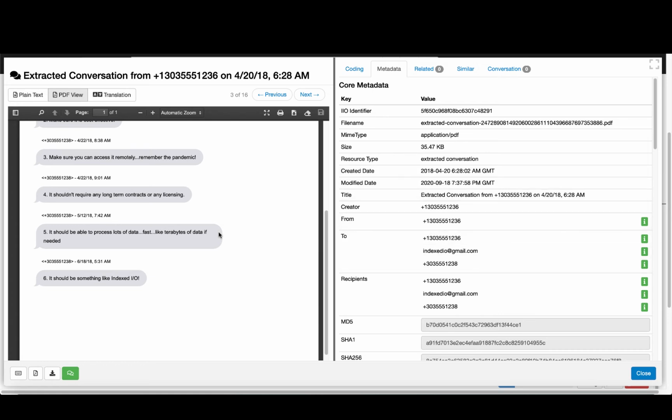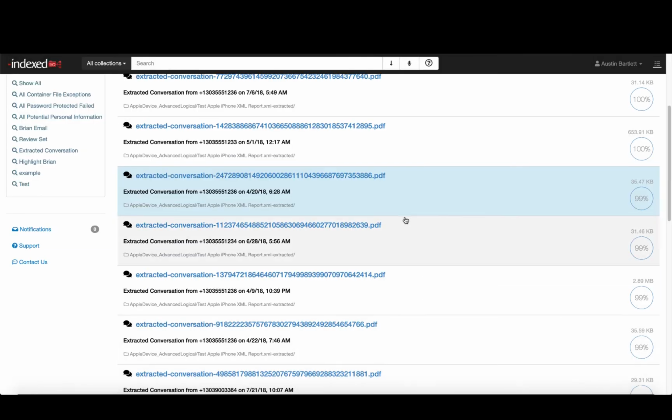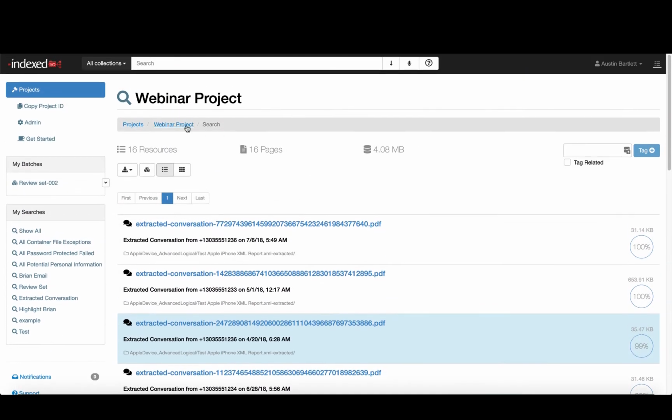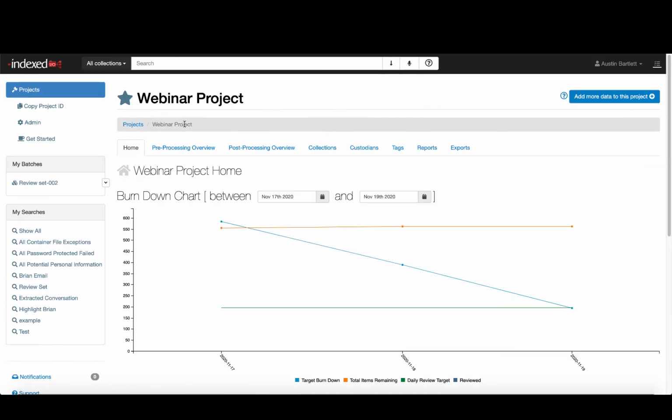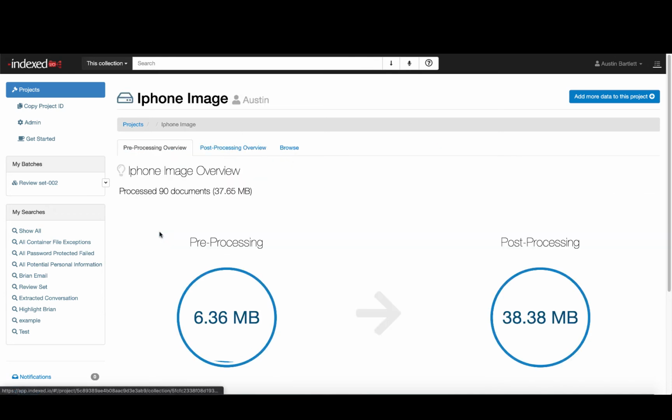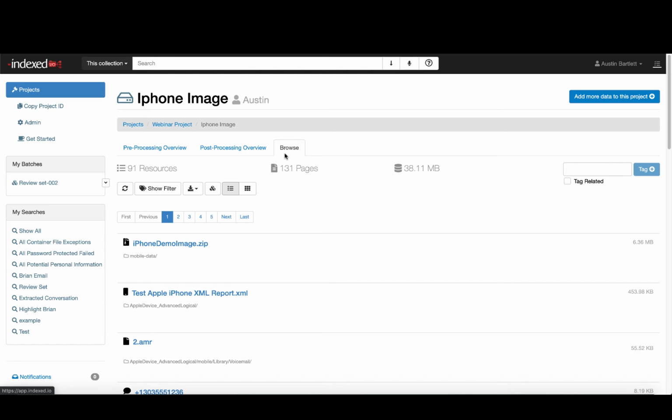So all of your metadata when you produce it is going to match the original. And so that's sort of how this conversation snippet saving works. And if you want to do it as the individual messages, you can work with it in that format as well. So I'm going to go back to Collections here, go back to that phone image, come back to Browse,